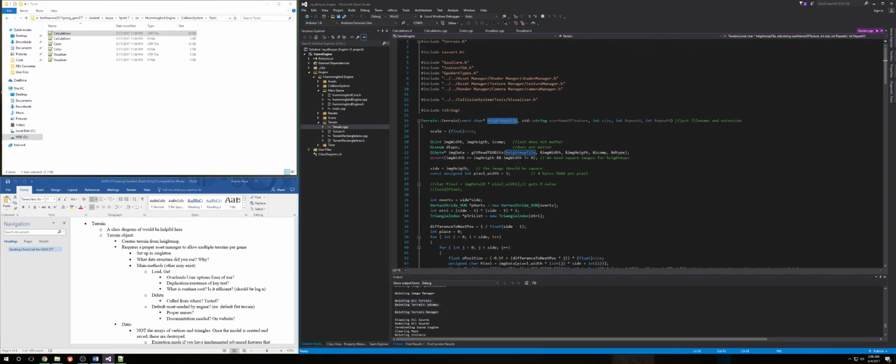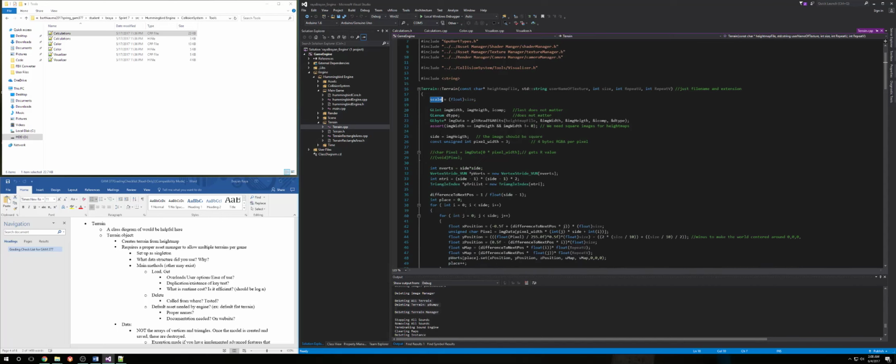Given a height map file and a string for the texture that I'll apply on the object later on, a size, a repeated U and a repeated V, I will create a height map. Very first thing I do is I save this size and the scale because it's very helpful to always maintain what's the scale of my terrain. So I save that first. I read the TGA itself,